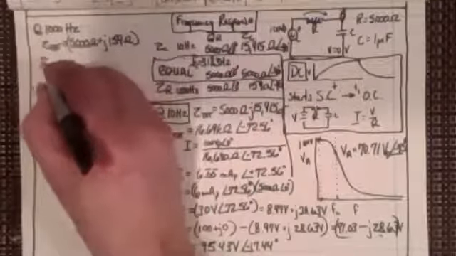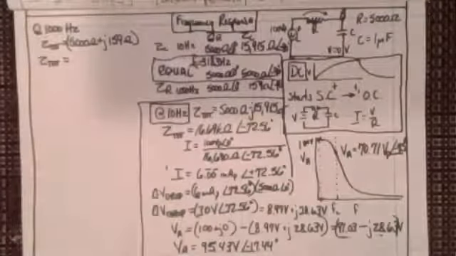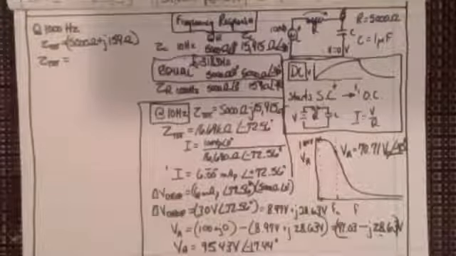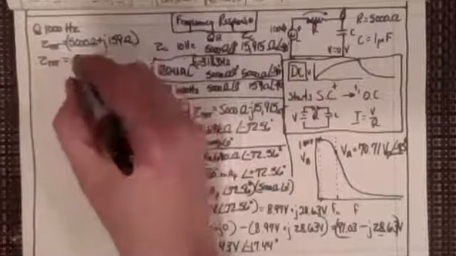If I wanted to write the total impedance as a phasor rather than the rectilinear form, a plus jb, it would be 5,000 squared plus 159 squared, taken to the square root, and that gives me